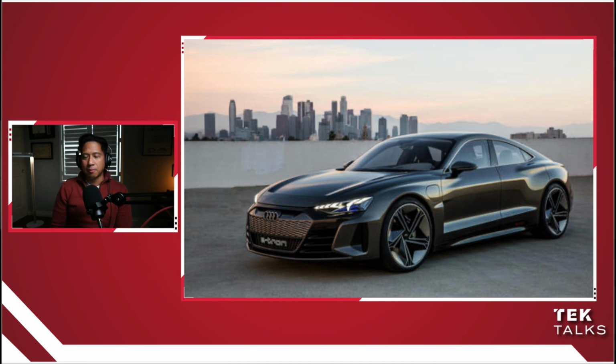So VW basically owns Audi and Porsche. Porsche just released their Porsche Taycan, and that's probably the sexiest looking EV I've ever seen. I'm a big fan of it, and so Audi said, okay, let's make a cheaper version and call it the Audi E-tron GT. So it's basically the same thing, but kind of rebadged, and obviously it looks different, and it's